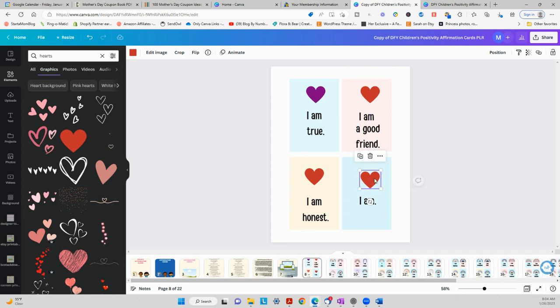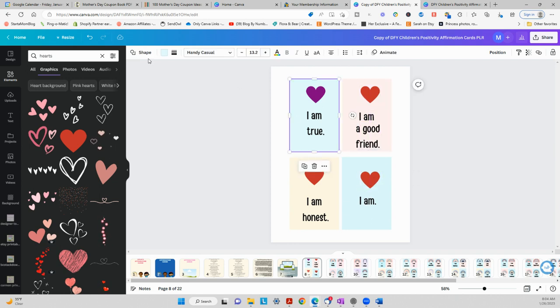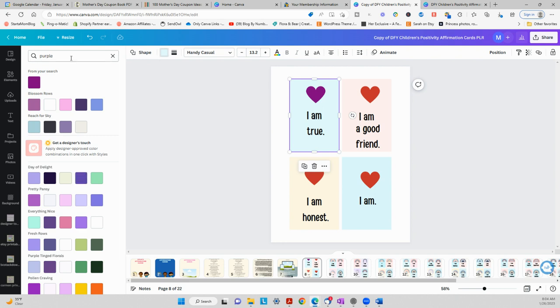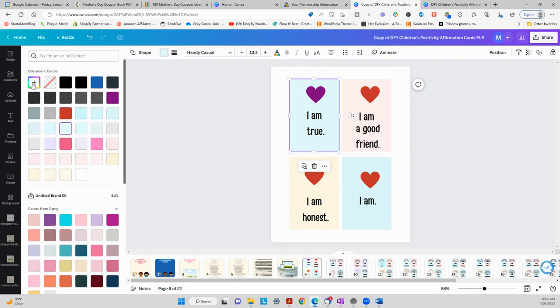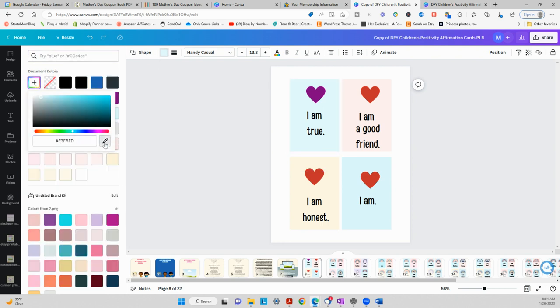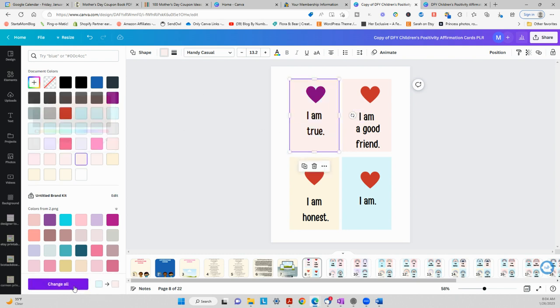I don't know what color you want to make your stuff, but if you wanted to make it all pink, you can make it all pink. And sometimes the easiest way is to come over here, grab your color picker, and that way, excuse me,